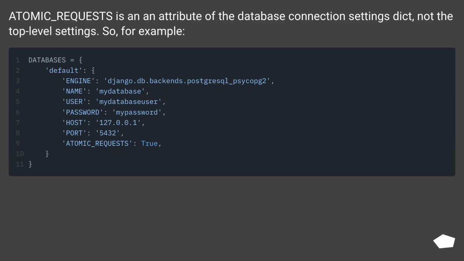Atomic_requests is an attribute of the database connection settings dict, not the top-level settings. So, for example,